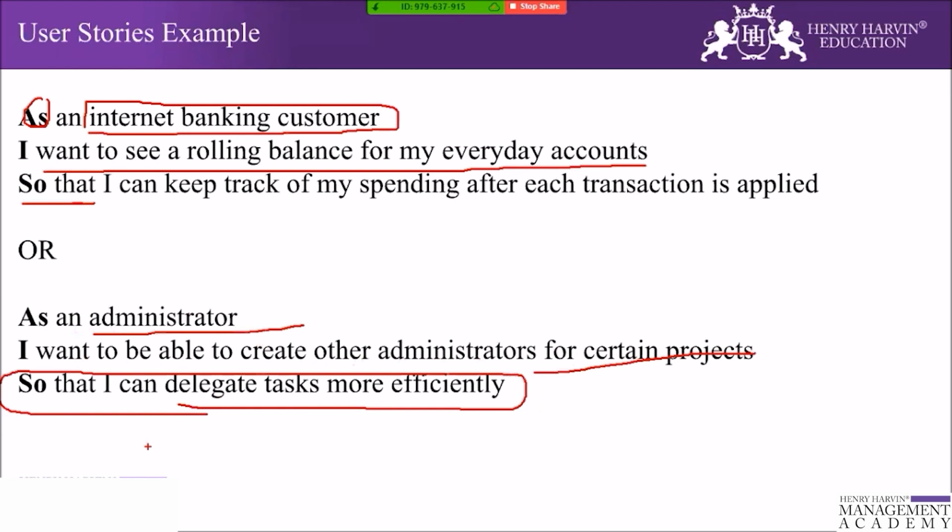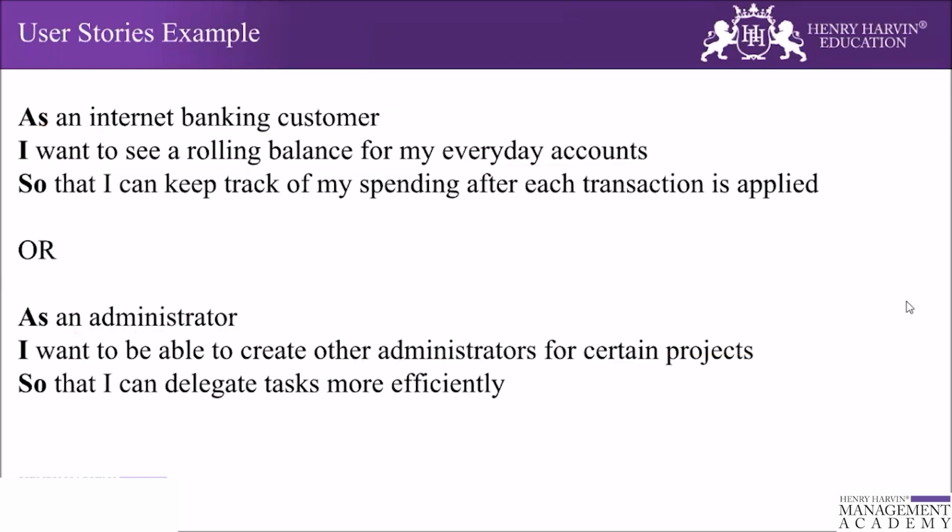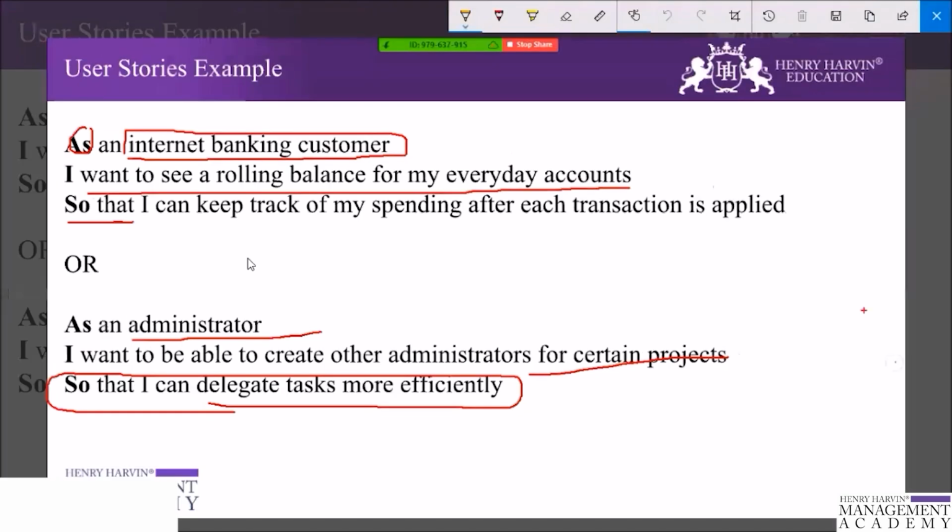And if we go further, this is the who part, this is what I want, and this is why I want it. Similarly, in this case, this is who, this is what, and this is why. So, for example, if I want to write another user story here, I can write: